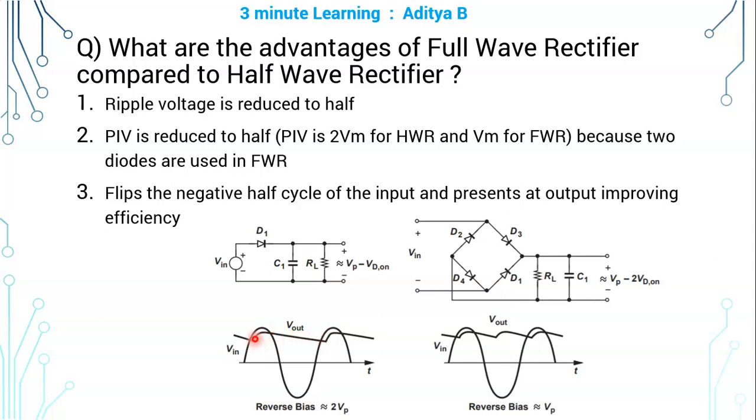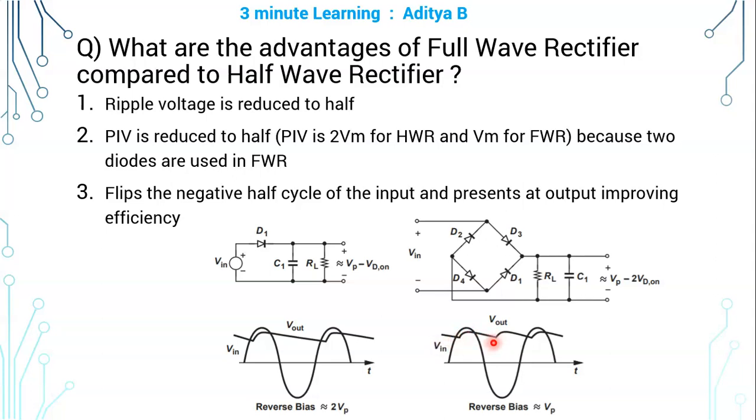So if you consider the same values of capacitor and load resistor RL, the discharging rate will be same, the slope will be same when compared to half wave rectifier and full wave rectifier. But what is happening is, in half wave rectifier this discharging of C into RL occurs for Tin seconds, whereas in full wave rectifier this discharging at the same rate occurs only for Tin by 2 seconds.